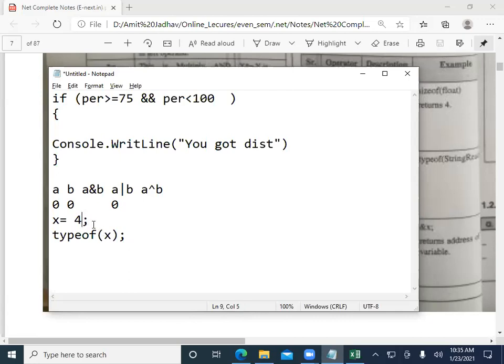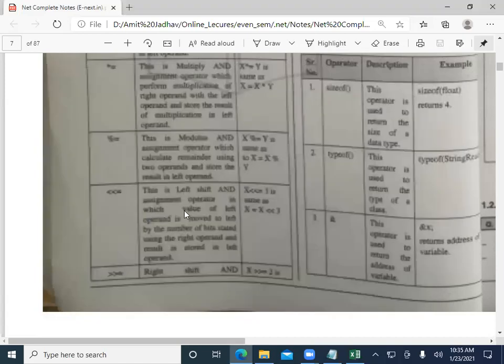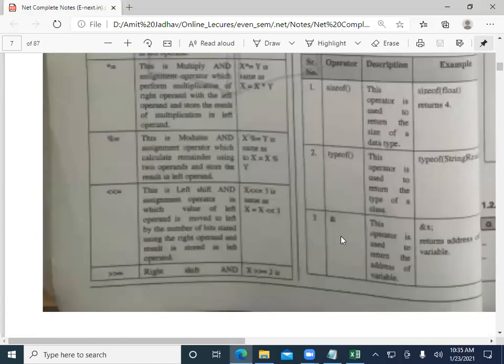If we write here 4.4, then it will give float. If we write here ABC, it will give the type of x is string. So for that we use typeof.